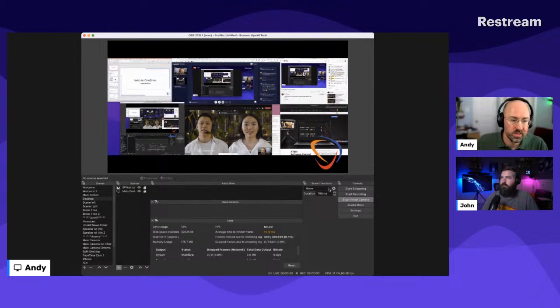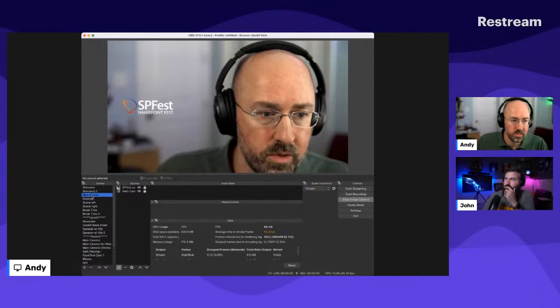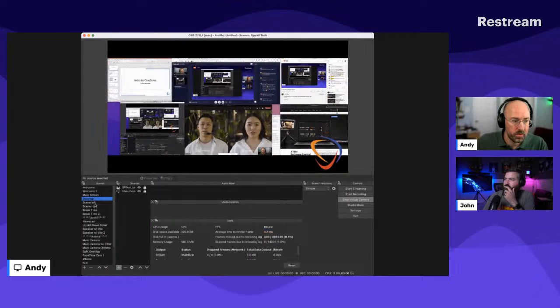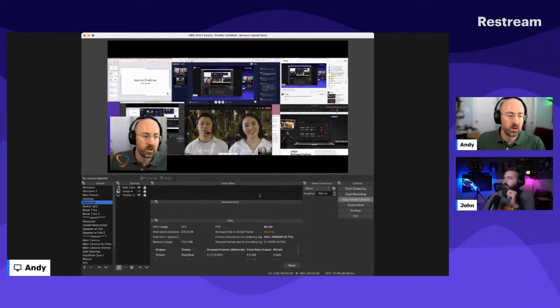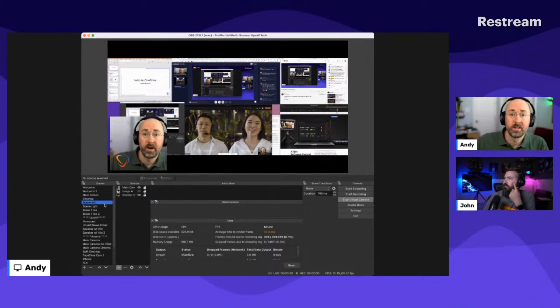Well, there's other types of transitions you can use as well. Like I'm going to do a stinger here. So when I do the stinger, and this is main, this is desktop, and then I move from desktop to something else, the stinger could actually kick in. That would be my transition if I had that installed here. A stinger might do a cut screen and some kind of animation. There's some really cool stuff there. But you can do all kinds of fun stuff.